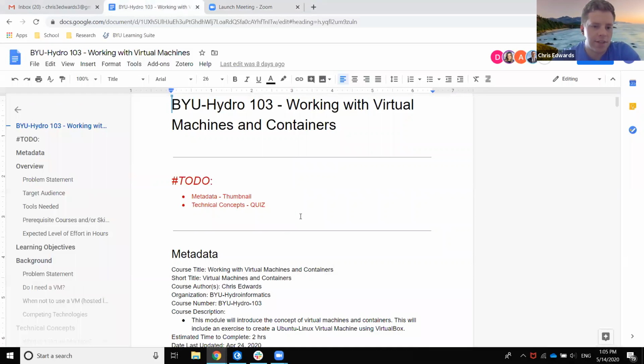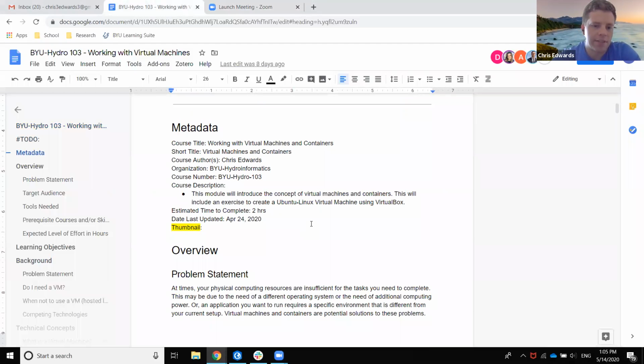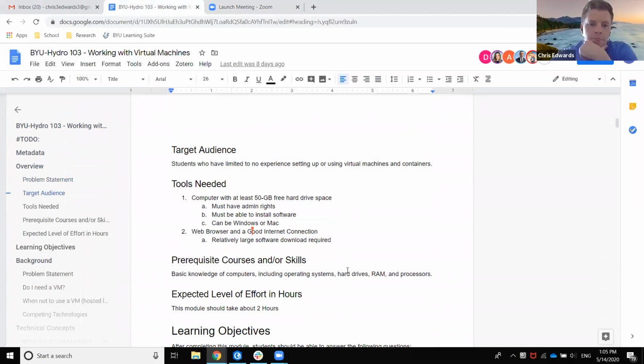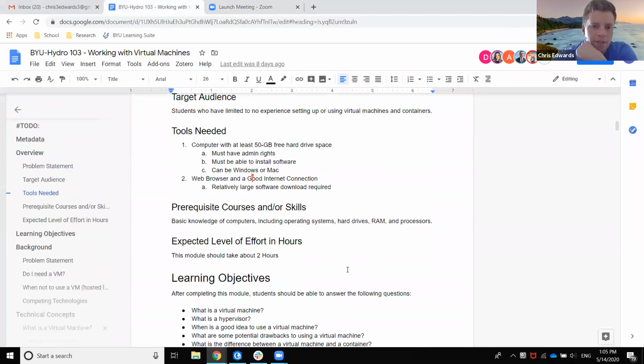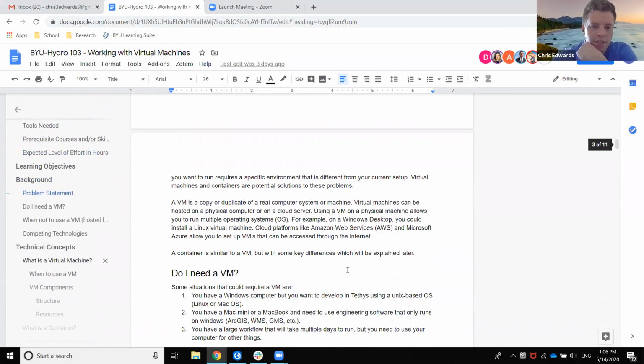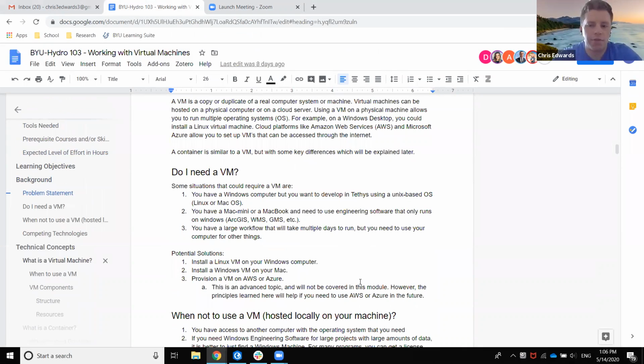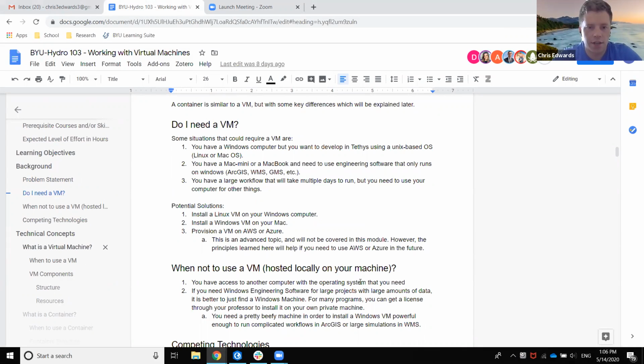This one is shorter than some of the other tutorials, right? You guys have done the Python one and the one last time with Rohit. There's a lot more. But I guess some of the things that I wanted to talk about was kind of what Daniel asked, which is situations when you need a virtual machine. And I already kind of talked about one, which is if you're doing Tethys development and you only have a Windows machine.